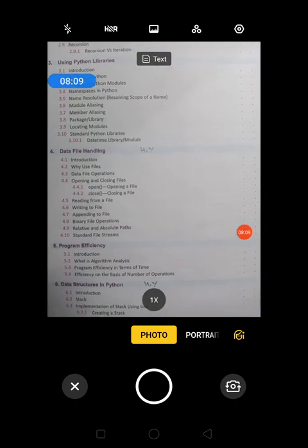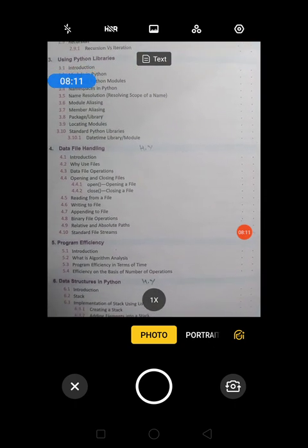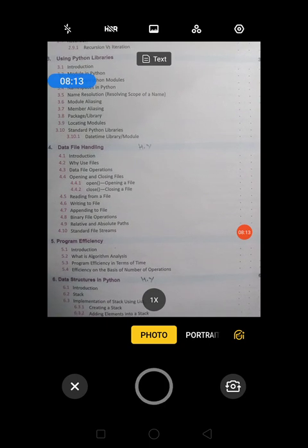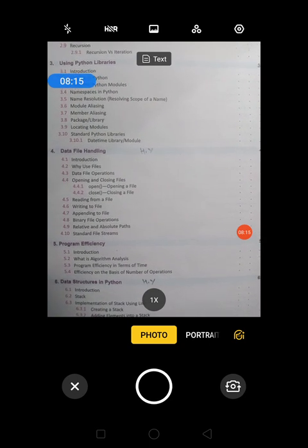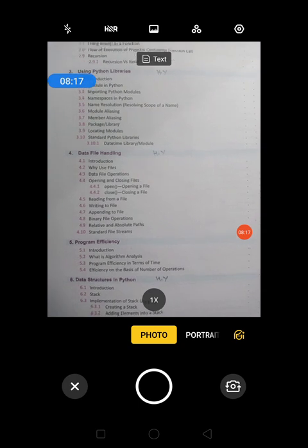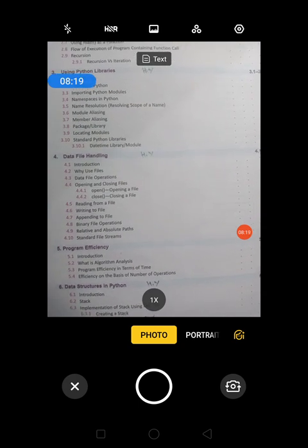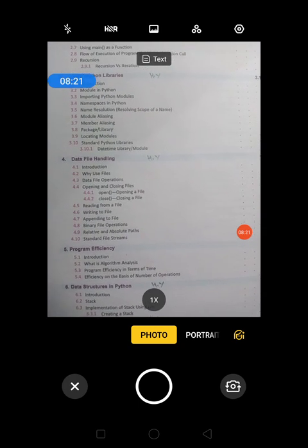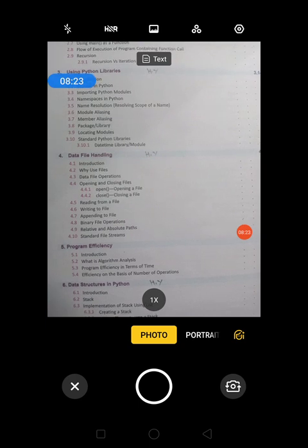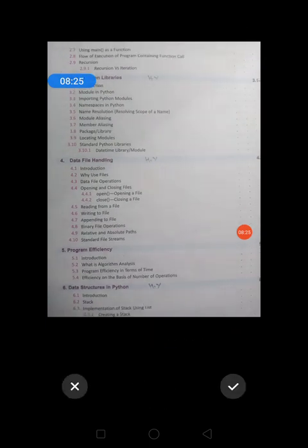Focus your image in proper light and check before. Yeah, it is coming fine. So just select here.